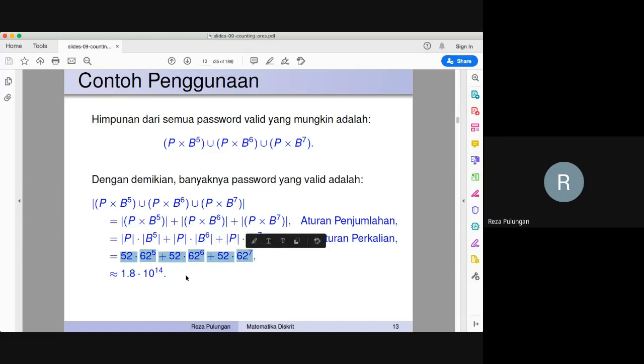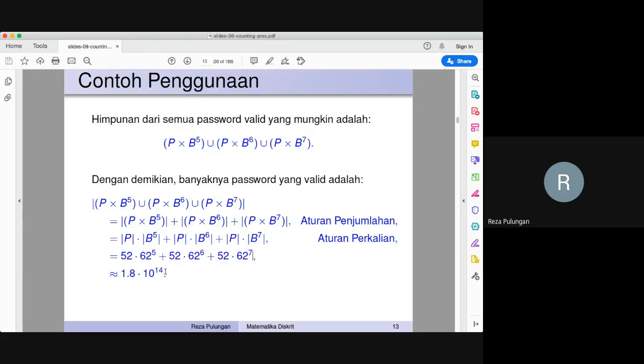And if you sum them all together, this is around 1.8 multiplied by 10 to the power of 14. The power of 12 is just a trillion. So these must be around 180 trillion passwords.